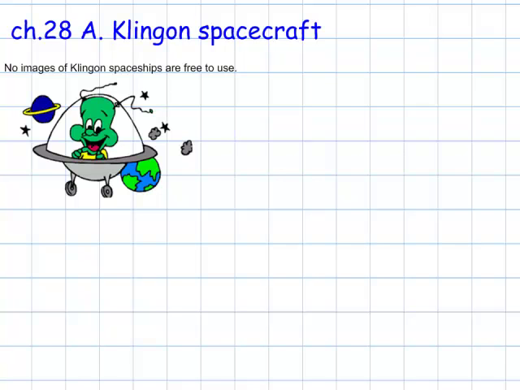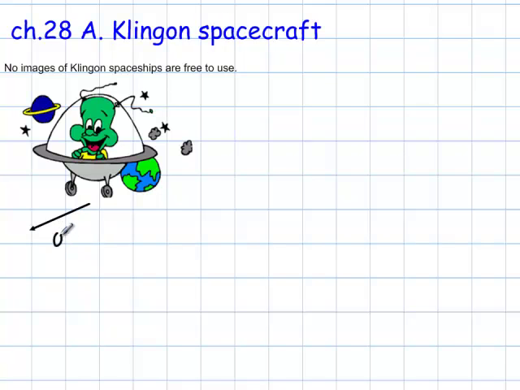This problem for special relativity reads: a Klingon spacecraft has a speed of 0.75 times the speed of light with respect to the Earth. The Klingons measure 37.0 hours for the time interval between two events on the Earth. What value for the time interval would they measure if their ship had a speed of 0.94 times the speed of light with respect to the Earth? So the Klingon spacecraft is moving at